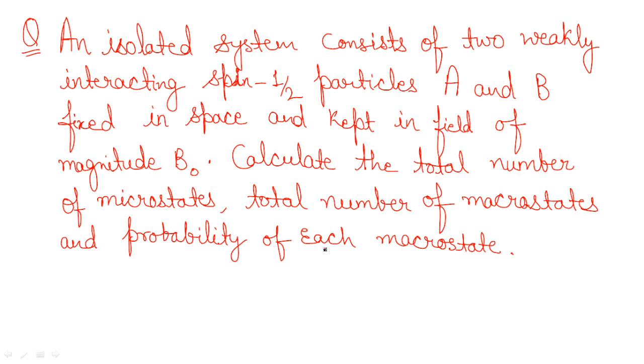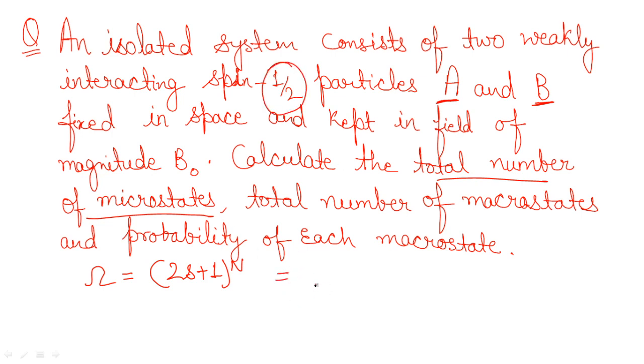If I talk about this question, guys, the first thing we are going to focus on is how to find the total number of microstates. Always remember, in any such case, the formula for the number of microstates is (2s plus 1) to the power n. n is the number of particles. Two particles are here, A and B, so n will be 2. And the spin of the particles is half. So you put it here and get (2 into half plus 1) to the power 2, which is 2 to the power 2, that is 4.